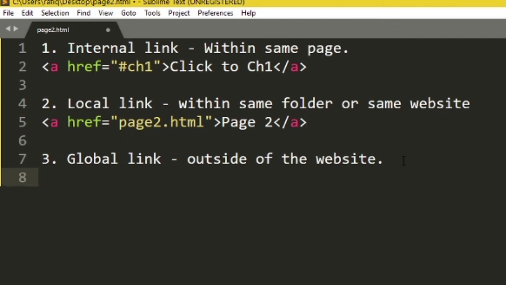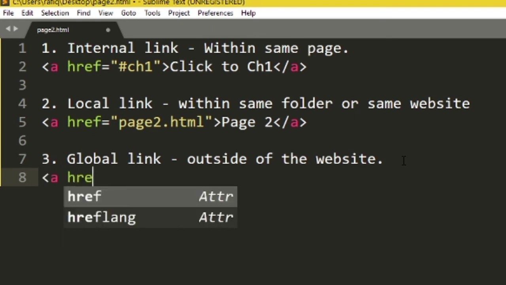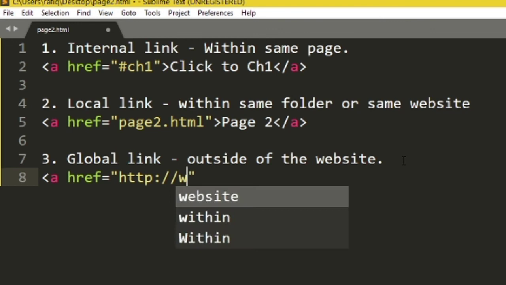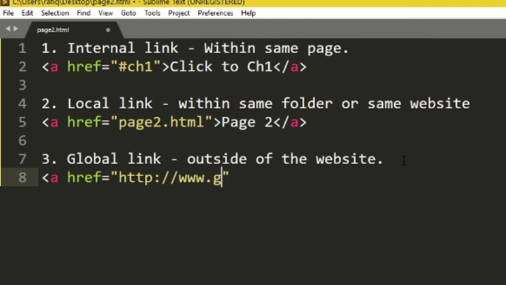Now let's have an example of a global link. It will be a href. Inside href we have to write the complete address. The web address starts from http://www.google.com. So I want to redirect my user or the viewer to Google.